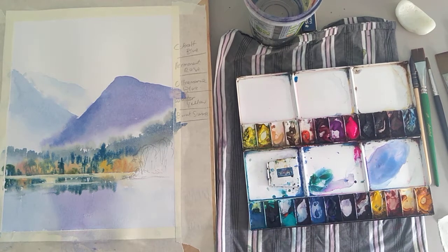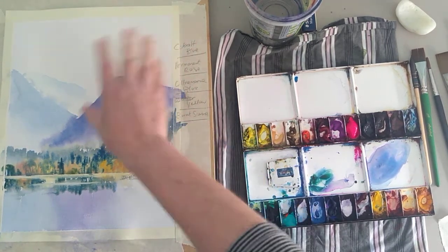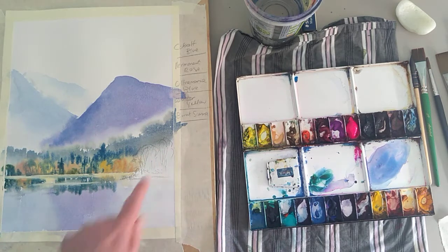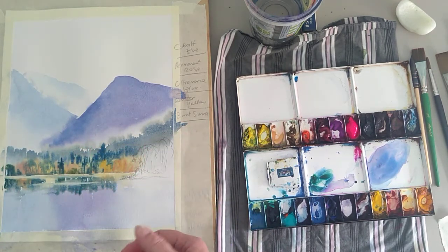Right, off we go again. So, stage 2. And what I want to do is pop a little bit of colour into the sky, and I want to put a few posts into the water. So I'm going to take out a little bit of colour here. I'll show you how to do that, and also paint in these little trees which are on the island, which is a little bit closer to us